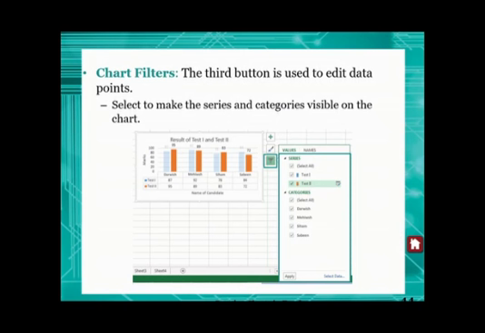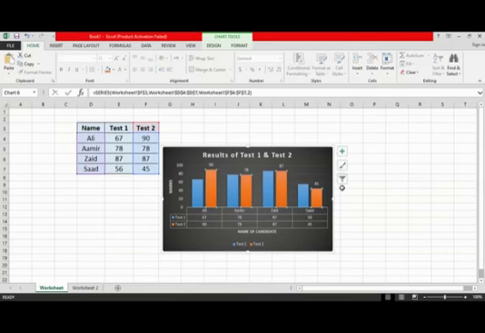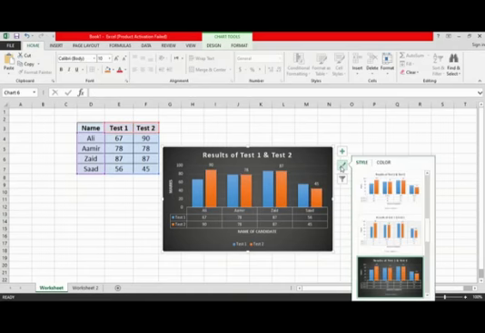Now let's practice. When we click on the chart, 3 buttons appear. Number 1, Chart Elements. This button is used to add chart elements in the chart. Click the corresponding check boxes. The second button is used to add a chart style and a color scheme to the chart. Click the required chart style